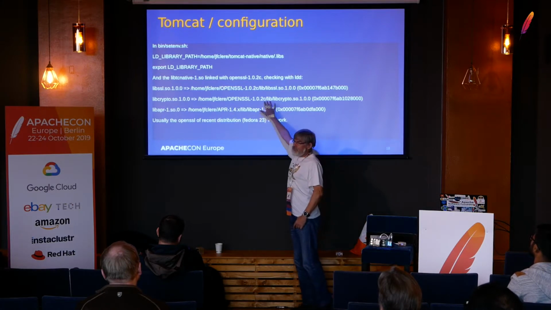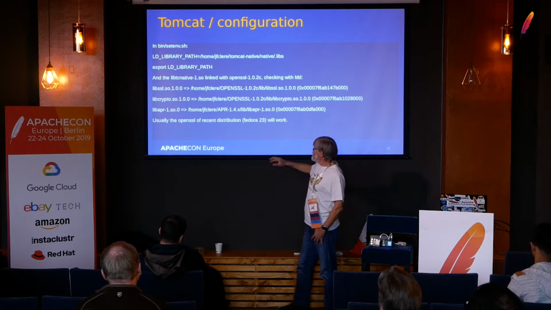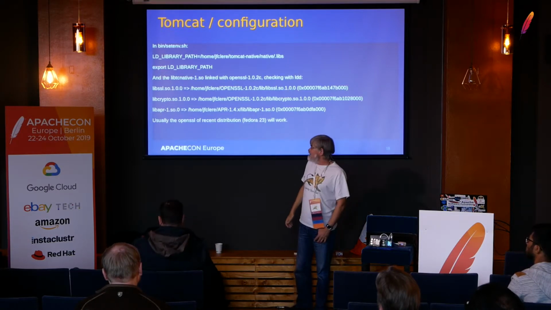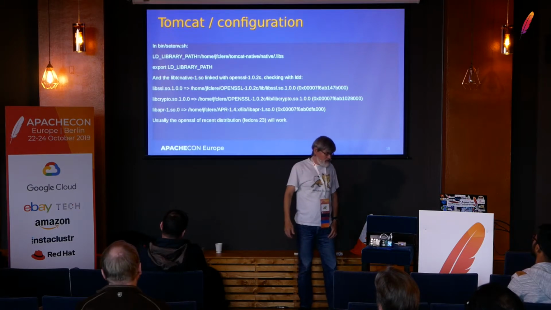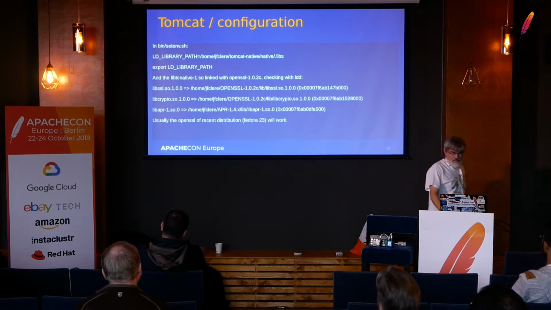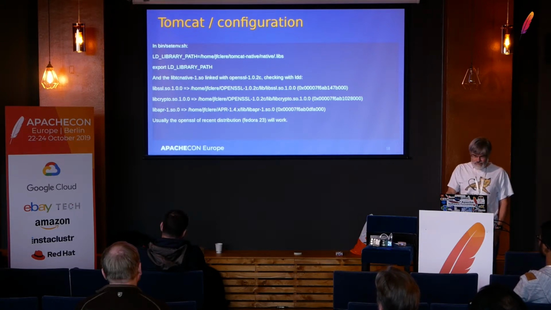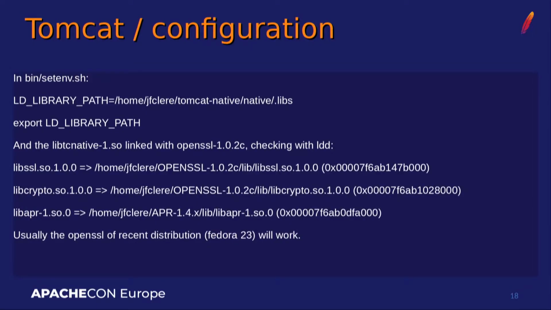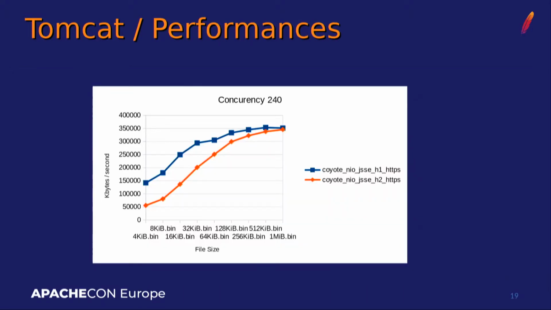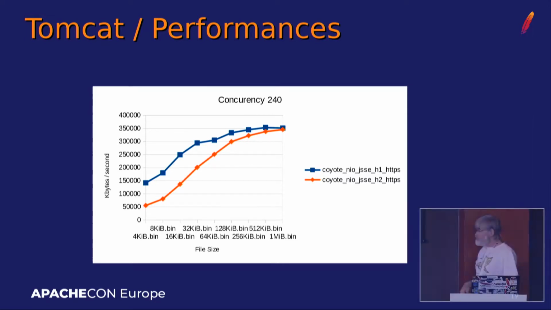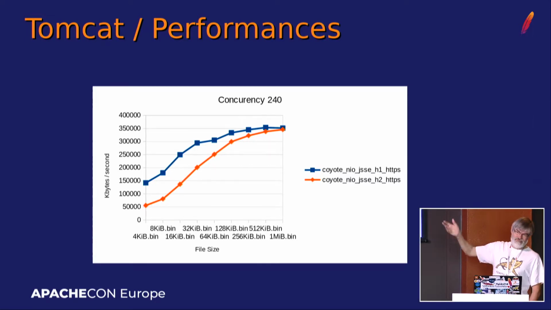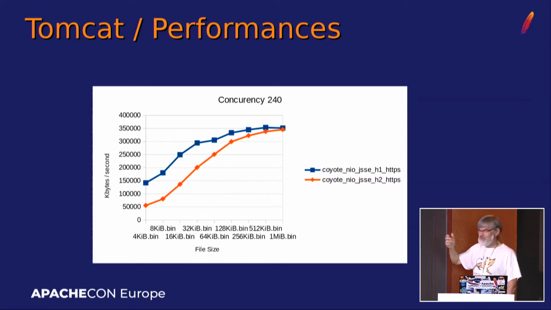You have to have a version of OpenSSL which is recent enough, and the API does not really bring any problem because we don't use very complex features of the API. And nowadays, in any distribution, you have all you need. As it's still Fedora 23, and I'm running Fedora 30, so it's a bit long. So those are all old tests. I didn't redo them, but I did carefully check that they were still making sense.